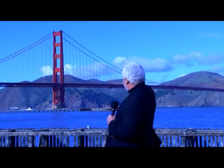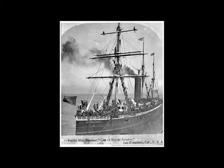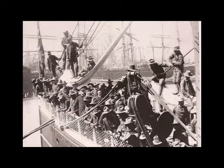One of the most powerful, though, is one that's just right there off of that north tower of the bridge, and that's the immigrant steamer City of Rio de Janeiro, which on February 22nd, 1901, struck those rocks in a heavy fog coming in from the Far East. It backed off and it sank in a matter of minutes, and 124 people were pulled down into a watery grave. It's the worst maritime disaster to ever strike in or around the Golden Gate,